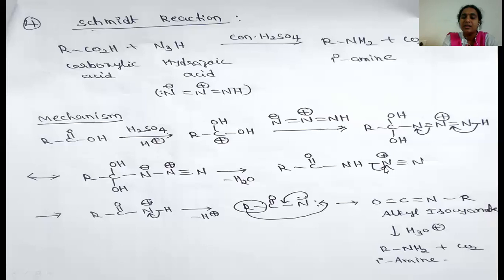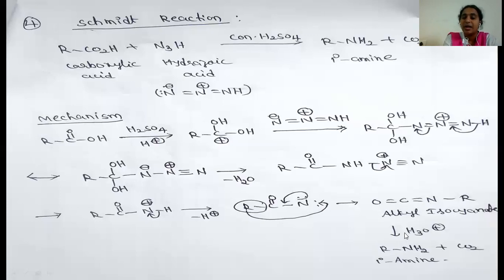And also here, by taking its bonding electrons, this compound eliminates as nitrogen and which produces this compound. And here nitrogen has the plus charge. To neutralize this charge, it takes its bonding electrons and finally which produces the nitrene. This nitrene undergoes rearrangement. Because of the rearrangement, this pi bond lone pair of electrons shifted to here. Simultaneously, this R group along with this bonding electron shifts towards the nitrogen and produces the alkyl isocyanate.